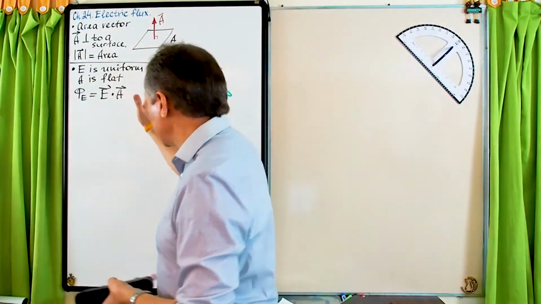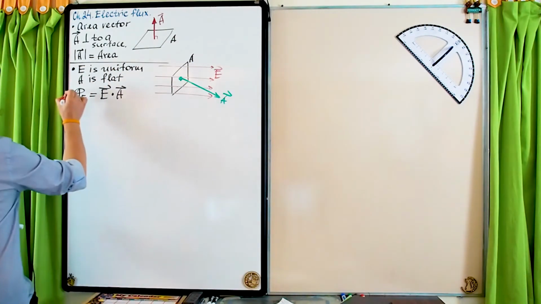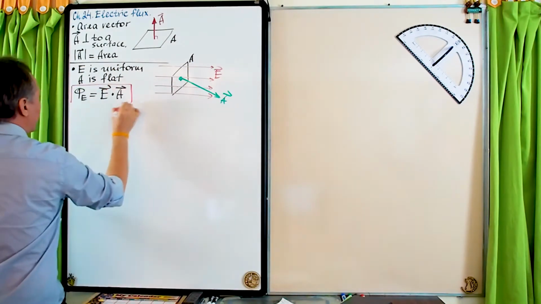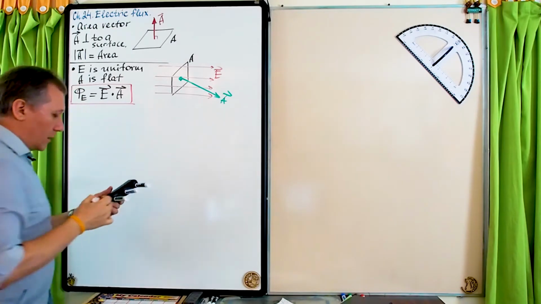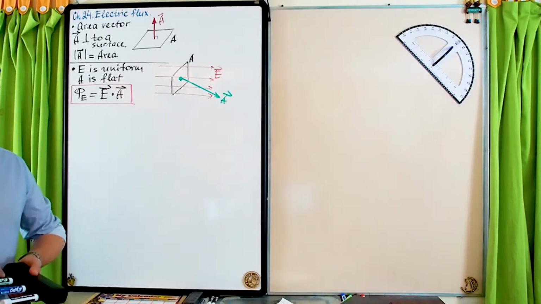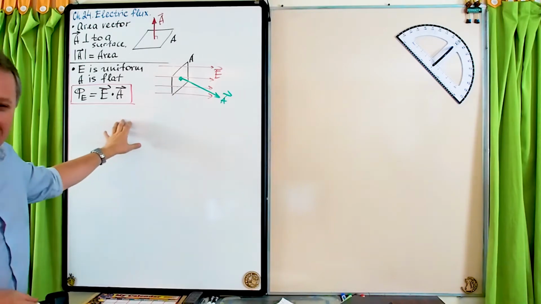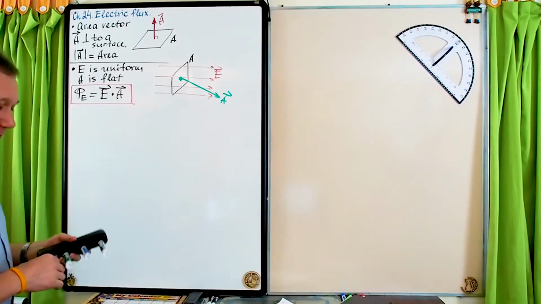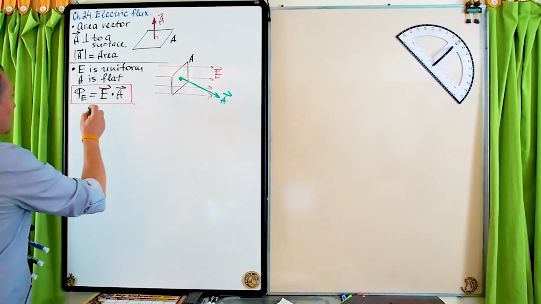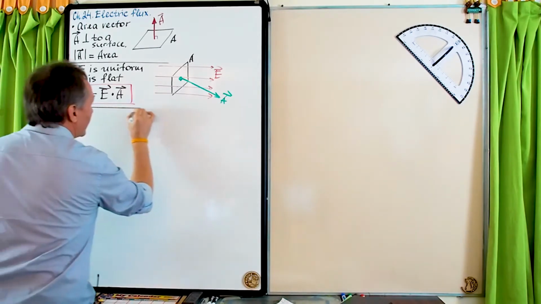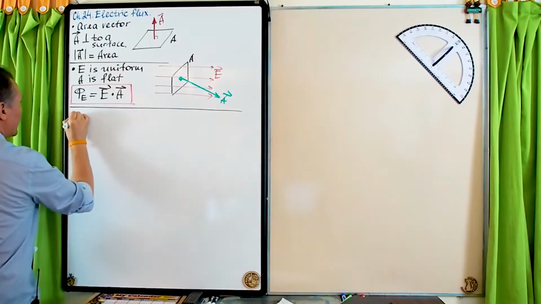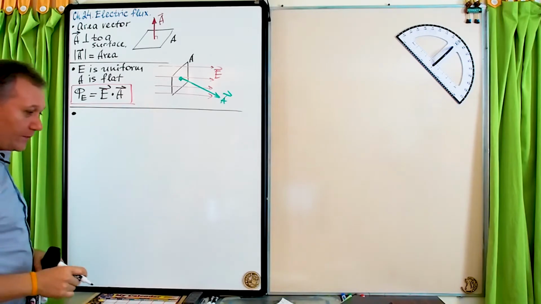Again, this is the simplest possible situation, when the surface is flat and the electric field is uniform. And today, most of the time, we're going to use this formula. All right, so it's the first simplest case, and now let me separate this, put a next small bullet, and